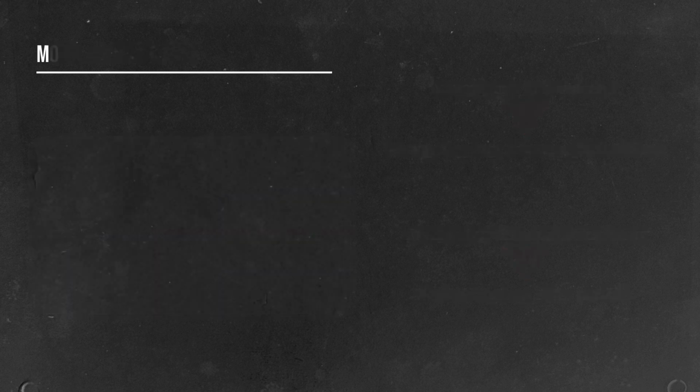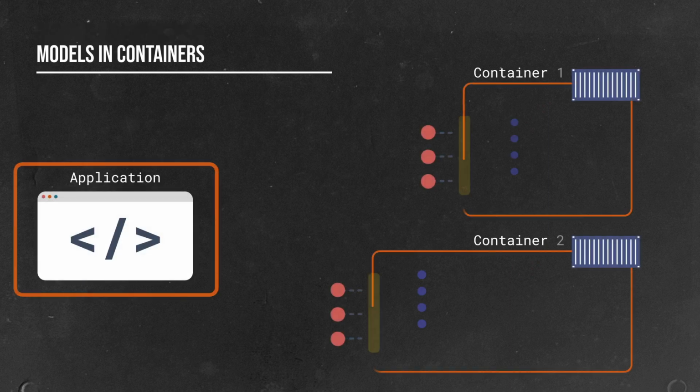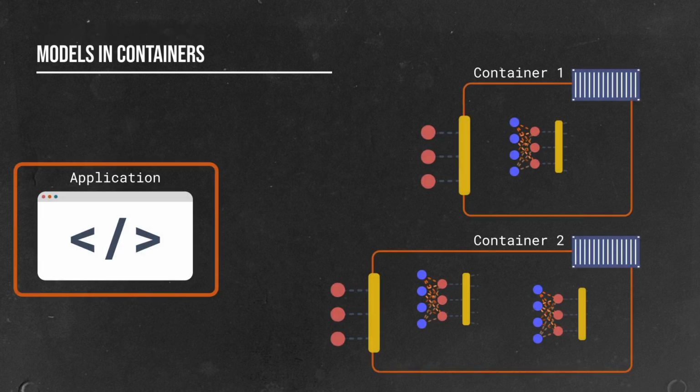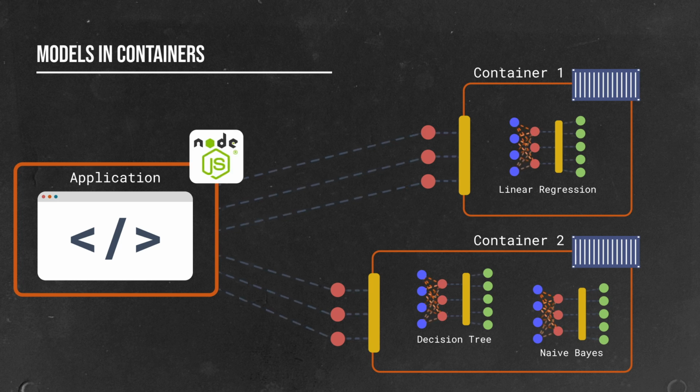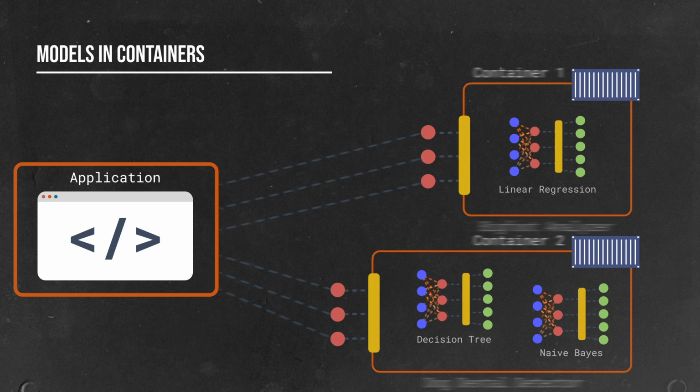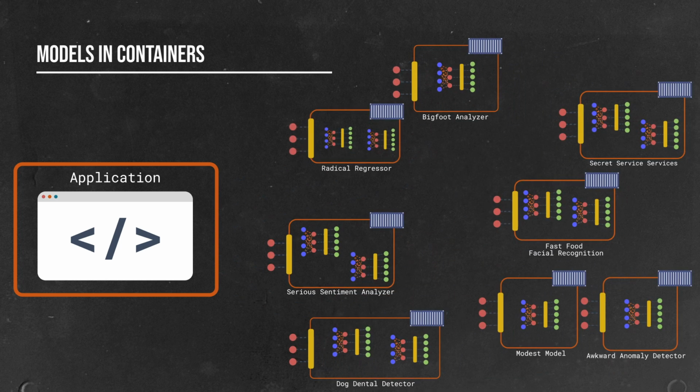Another common pattern is to build a small service around the model and then containerize it. This actually works pretty well. It reduces the coupling between the model and the application, which allows you to deploy updates to the model without updating the application that uses it, and vice versa. And this pattern allows you to use whichever tech stack makes sense for your application, rather than letting the availability of a certain machine learning library dictate your stack. However, it does mean that your models are accompanied by small one-off services. And if you have lots of models, then you can have a lot of one-off services. And this can be difficult to manage.